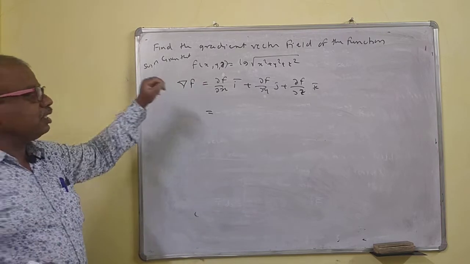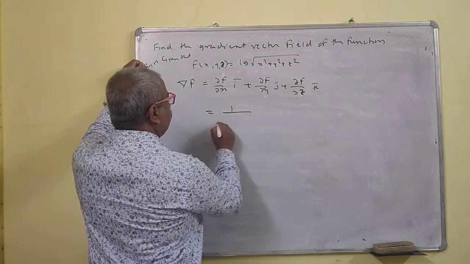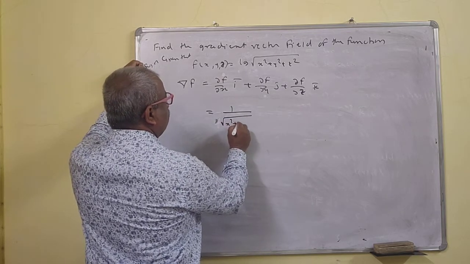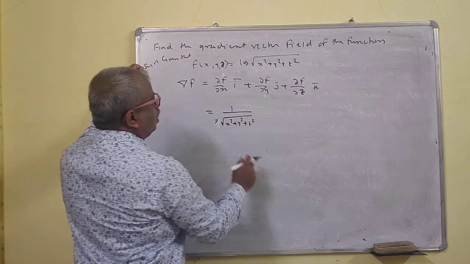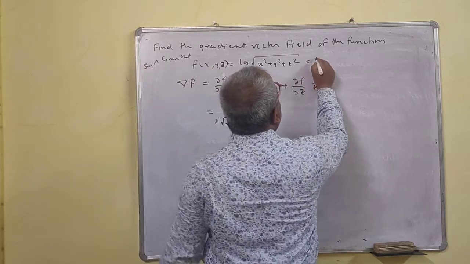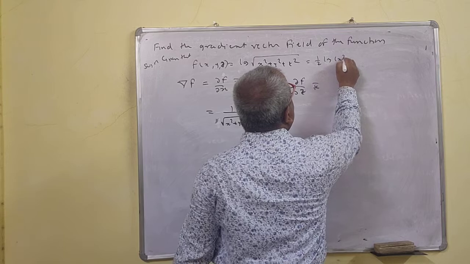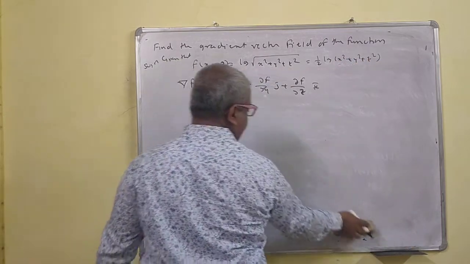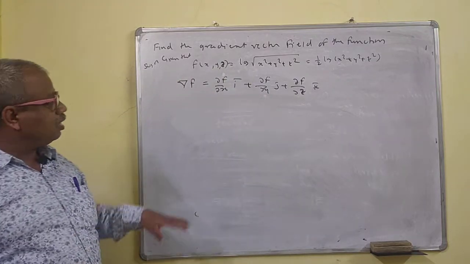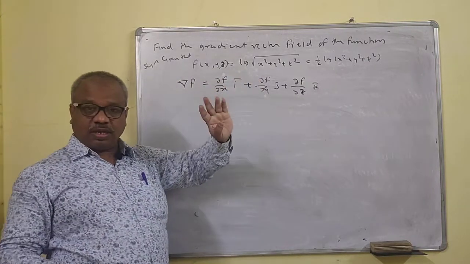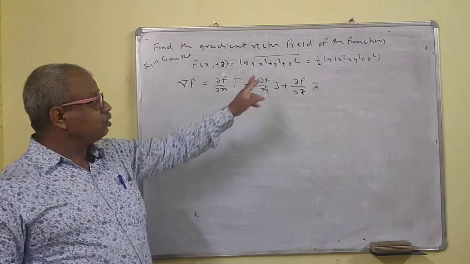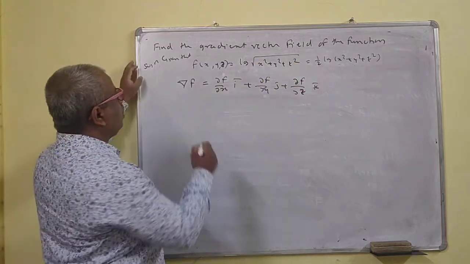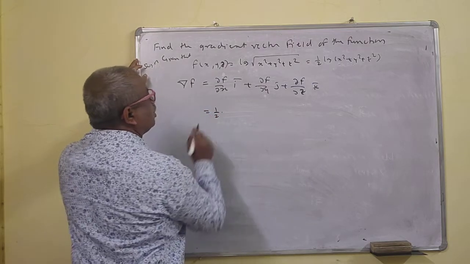Now if we differentiate this directly, that is 1 upon something, 1 upon root of x square plus y square plus z square, and then the derivative of the root, again 1 upon 2 root of something, it is very complicated. So instead of this, what we will do is, since the log of this is to the power half, we can take half log of x square plus y square plus z square. Okay, we can write this. So your half will be as it is now.